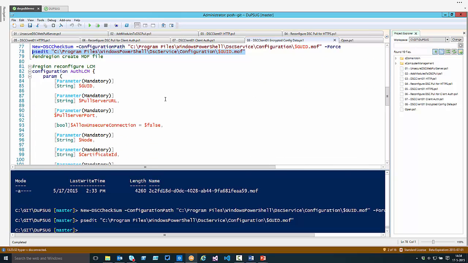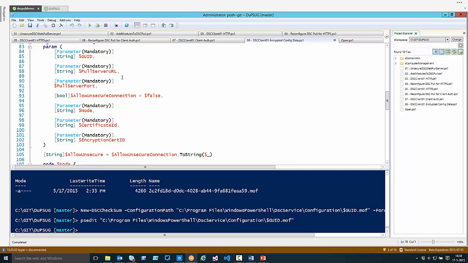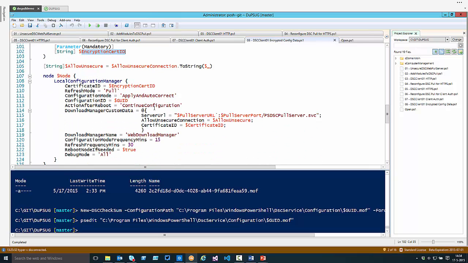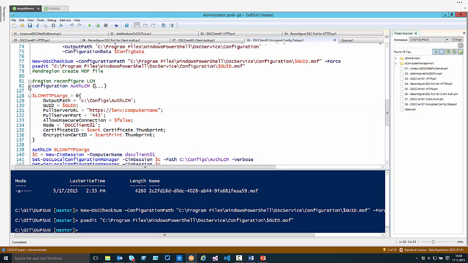Okay, next thing we need to do is reconfigure the LCM on that node, because now it has an older configuration ID which we didn't update. We generated a new one because we wanted to associate an encryption certificate with it. We will take that ID here. And what you see now is that not only the configuration ID is adjusted, but also the encryption cert ID is being configured. We do that using this hash table. Here you see the certificate thumbprint in use for the encryption certificate, and this is the thumbprint for the authentication certificate. Let's put it into memory